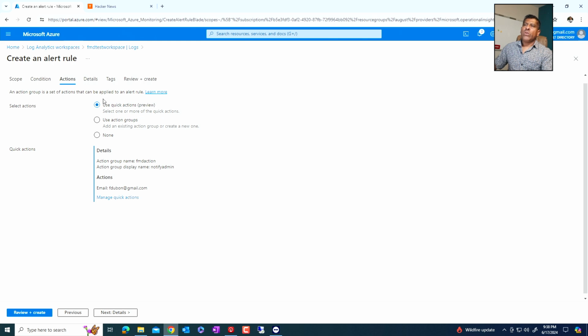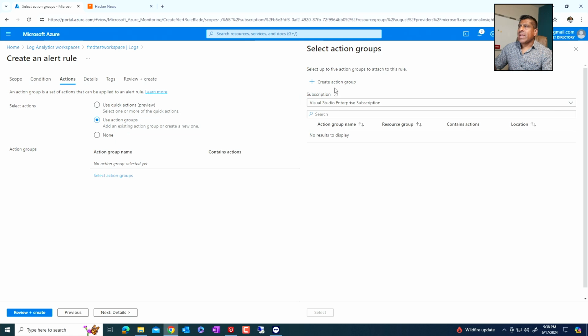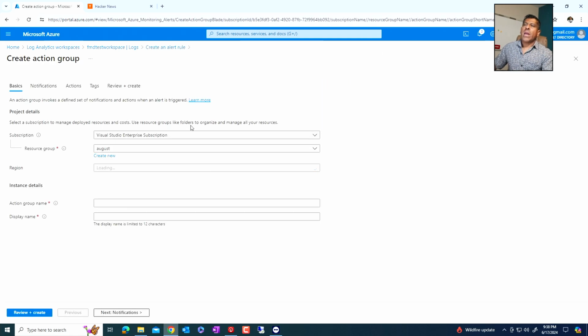Now it says use action groups. Action group is a little bit easier. Quick action is if you want to just send it to one person. Action group is if you want to create an action group. Right now I don't have any action groups, but let's create one. Create an action group, and the resource group is going to be global. We're going to call it action group, and you're going to call it notify